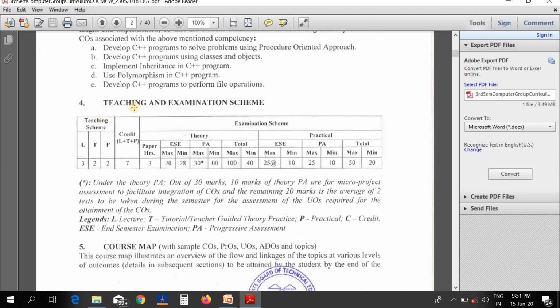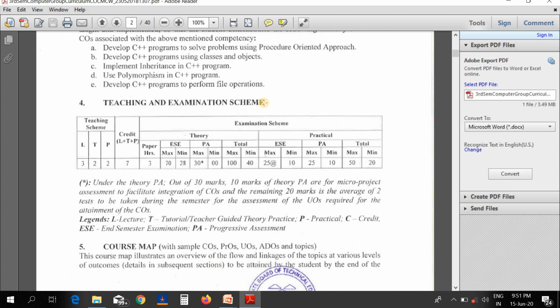Next, we will see the teaching and examination scheme. The teaching and examination scheme is divided into two sections. First one is the theory section and second one is the practical section. In the theory section, there is end semester evaluation and progressive assessment.